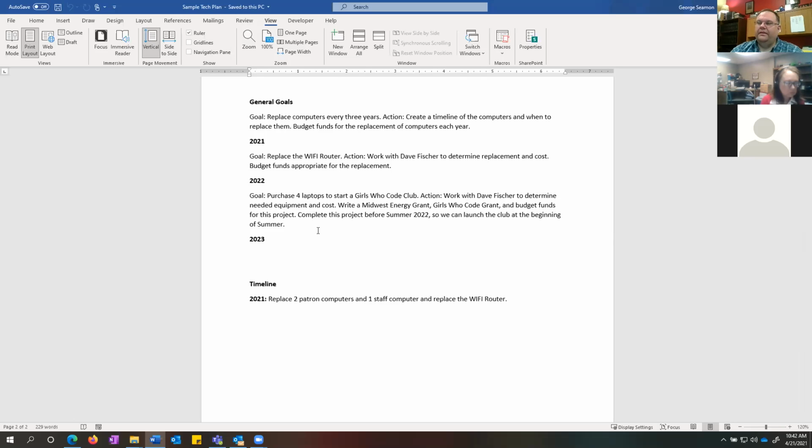Okay, and then the last component that I would have is a timeline. This would be basically a simpler view of those general goals, and I started to make one here. So for 2021: replace 2 patron computers, 1 staff computer, and replace the Wi-Fi router. It takes everything that was above and puts it in a simpler, timeline form,